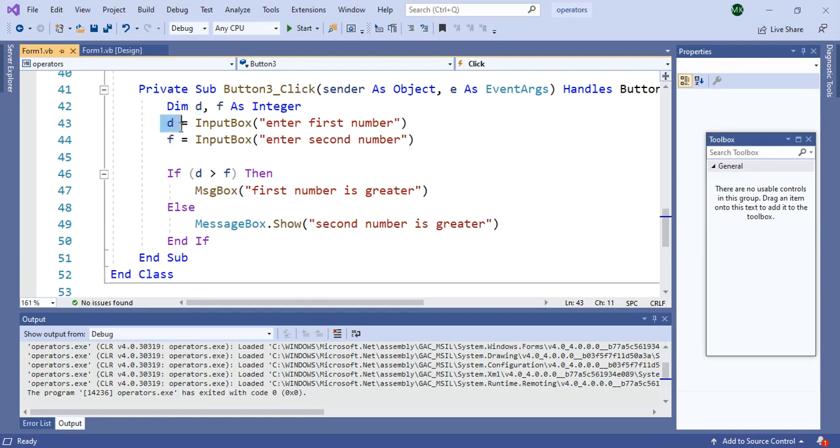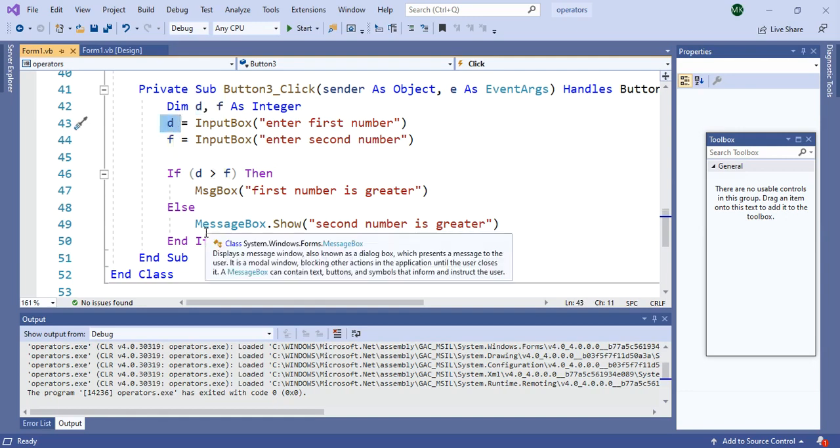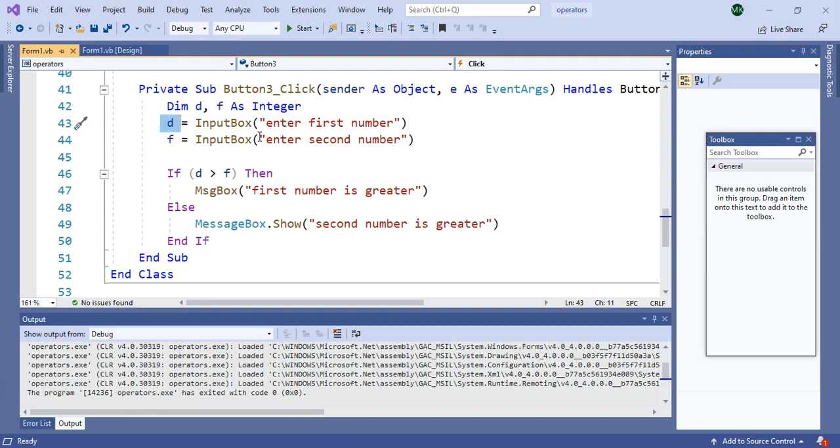Next, D is equal to, after running, if you remember, there was one box, the input box. How to create that input box? You have to just write InputBox, then in brackets, in double inverted commas, enter first number.